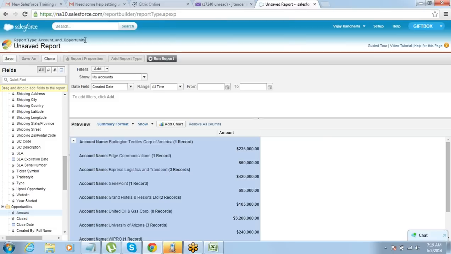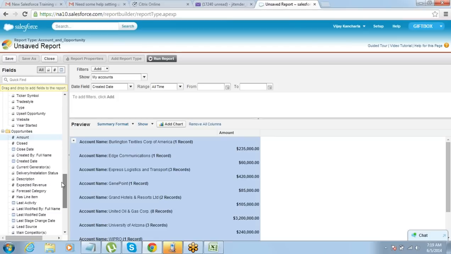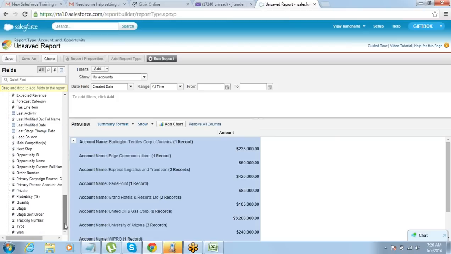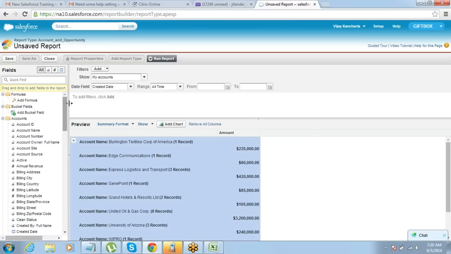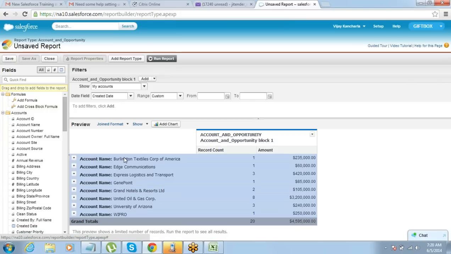Now, in case you want a joint, other things also to be included. In case parallel to this, I want contact details, I also want cases details here. But contacts and cases cannot be brought in here. This report type does not have those fields, and I cannot include the contact and cases in the same report type. Now what I can do, you just have to convert it into a joint format report. The moment you create a joint format report, you will see that you get an option of adding the report type. Now you can bring in one more report type here.